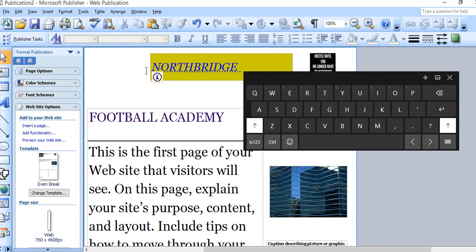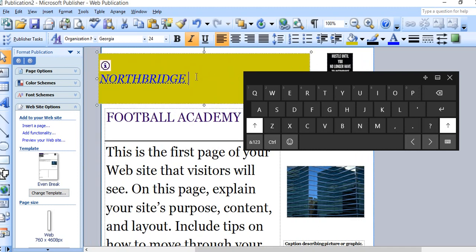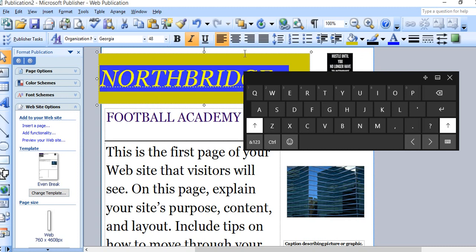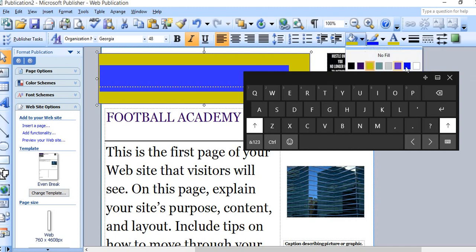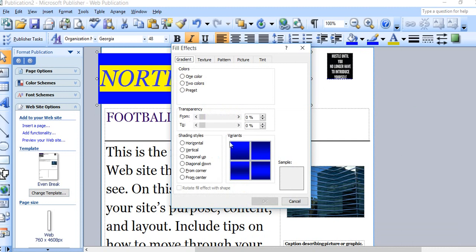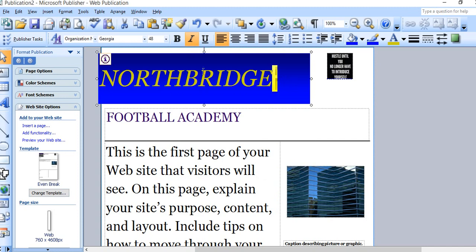We can continue to grow our items. So if this is what we have,